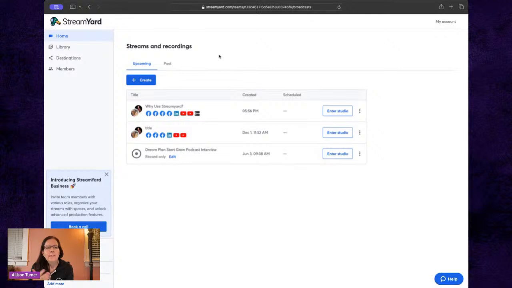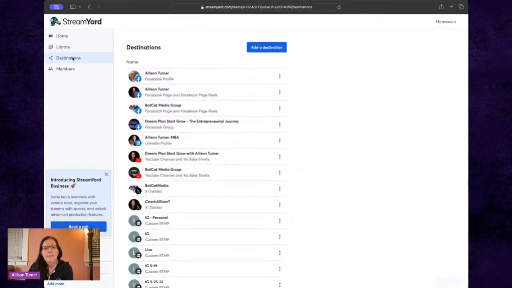When you first set up StreamYard, one of the things you can set up is your destinations. As I mentioned, I have the top account, which is $49.99 a month, and I can stream up to 8 destinations at once. I can set these all up, and I don't have to use them all at once. I could actually use more. If I was in more groups, say as an admin, I could add those in here.